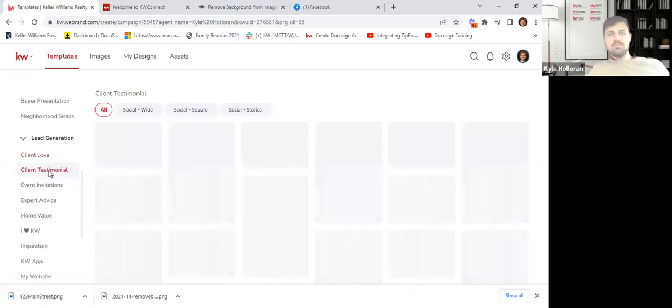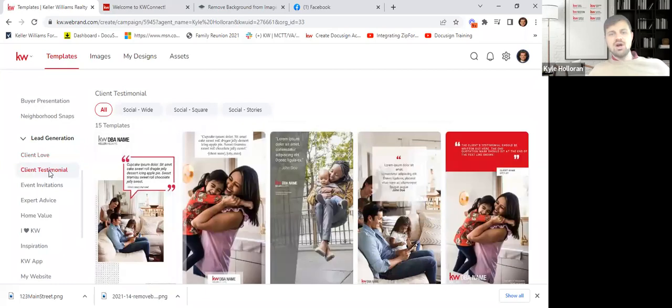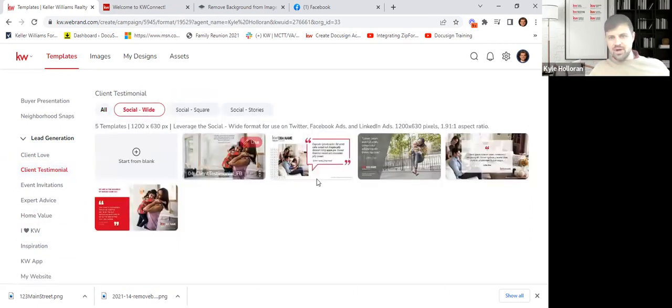Client testimonials. This is a good one. Someone writes you a review on Zillow, right? You don't post a link to Zillow because then you're sending your client into the Shark Tank with all the rest of the agents who are buying leads. Just take the text, open up one of these. I come here to Social Y. There's some great graphics. I could use that photo library like we talked about, and I could switch out the pictures. I could actually put in a picture of me and my client from closing if I wanted to. I drop the testimonial in there, boom. We got a really nice looking graphic, looks professional with that testimonial, and I'm delivering it in a very professional way.